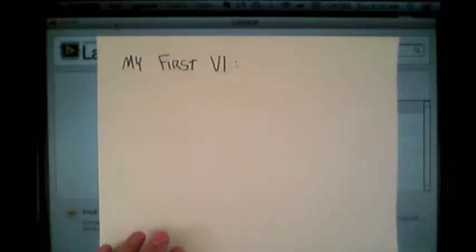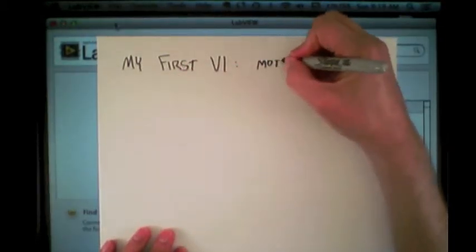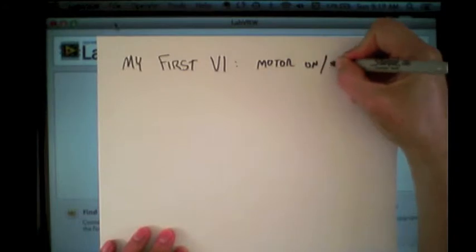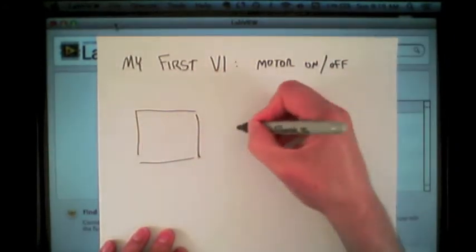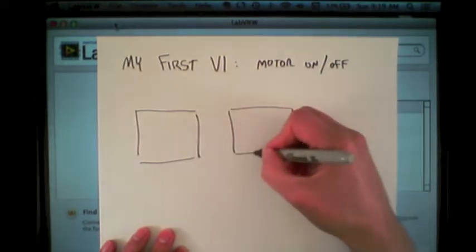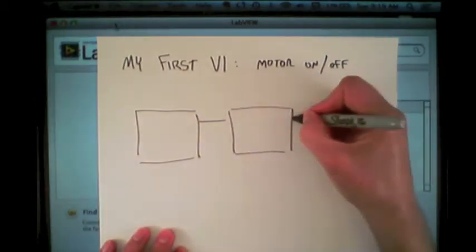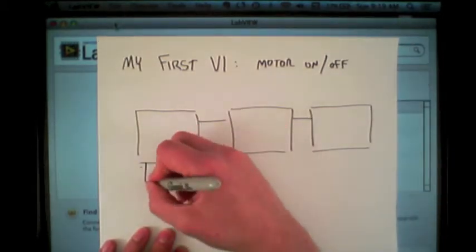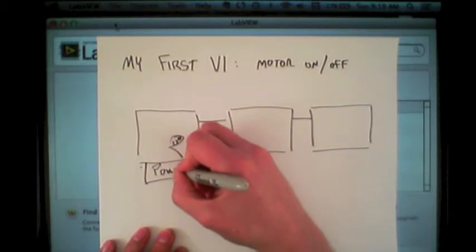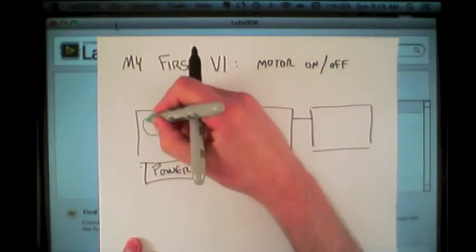Here we'll demonstrate the generation of a simple program, the first VI. We'll create a simple motor on, motor off function. This will consist of 3 parts, so we'll be putting 3 different blocks on our block diagram, and we'll be connecting them up with wires. The first one will be a motor on, which will be indicated with a green circle here in the upper